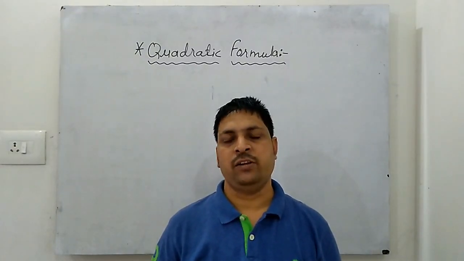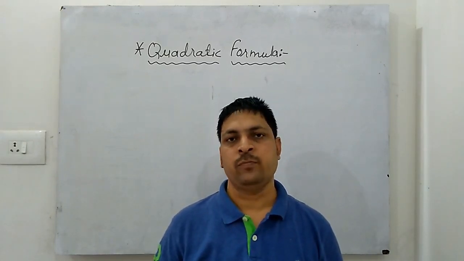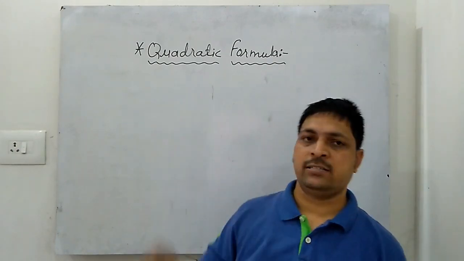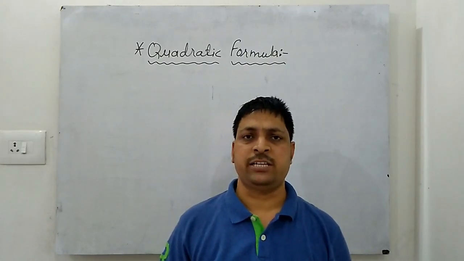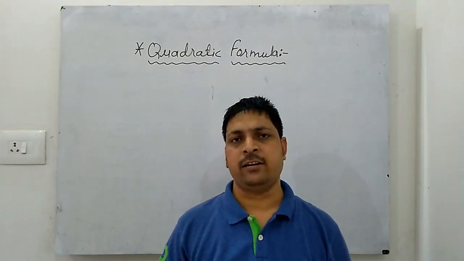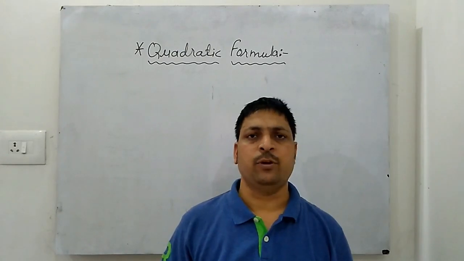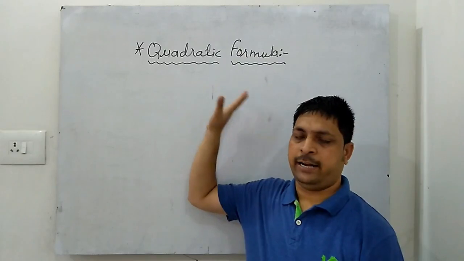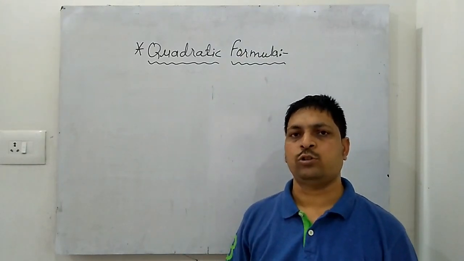We have done the factorization method to solve the quadratic equations. Now we will do the next method, that is quadratic formula. Students, in your NCERT book, one more method is given, that is the method of completing the square. We will do it later because CBSE has removed this method from your books. So we are doing quadratic formula first, and this formula is mostly used to find the roots of a quadratic equation.